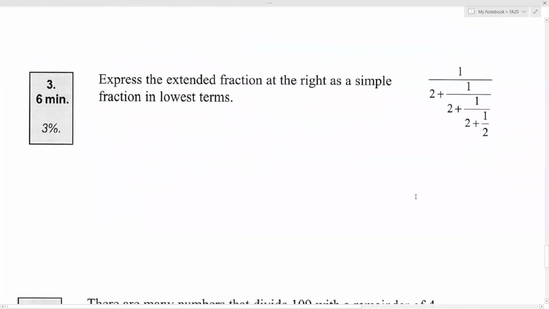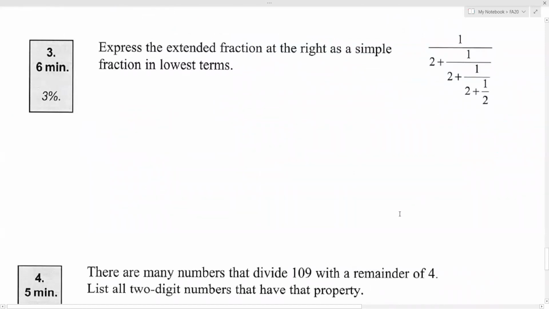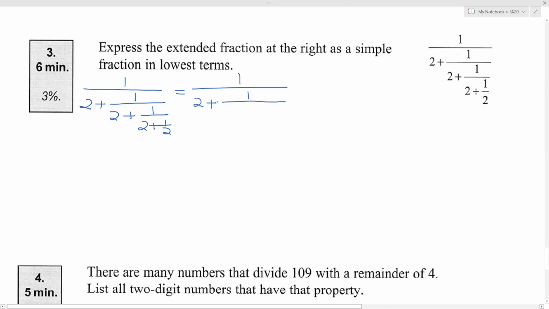Now, what about this one? This one is a little bit hard. So let me do this one. Okay, express the extended fraction at the right as the simple fraction in lowest terms. Okay, so when we deal with such a problem, the key is to take a deep breath and then copy down everything, okay? Copy down everything. When you are doing this problem, every step, do not lose any layer. I want you to just concentrate, compare this to the original problem and work from the bottom up,